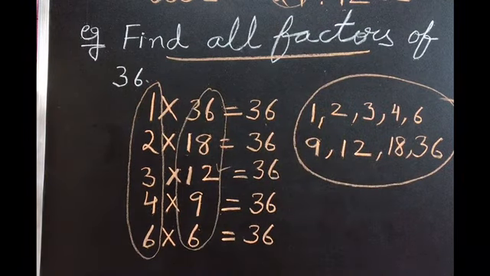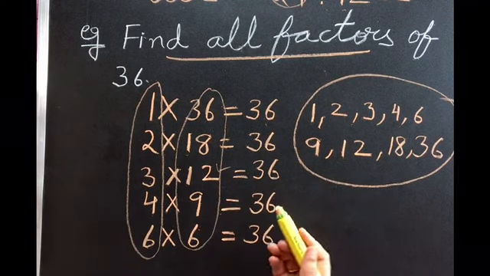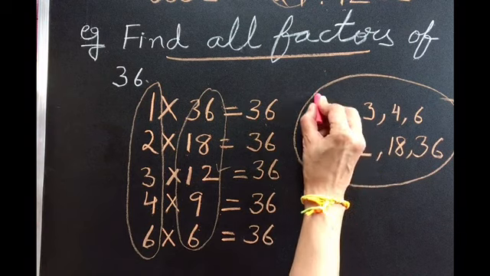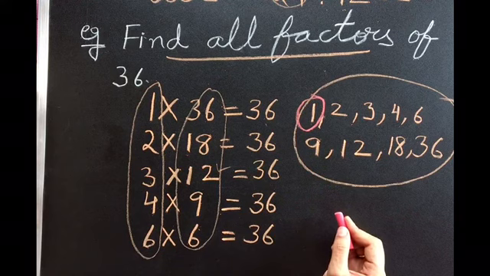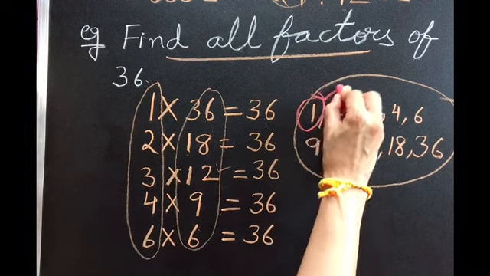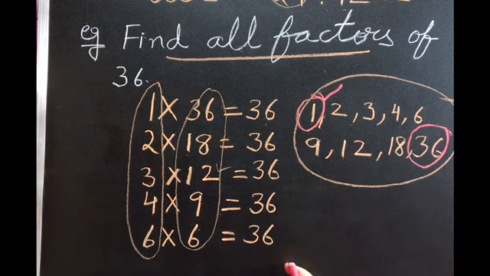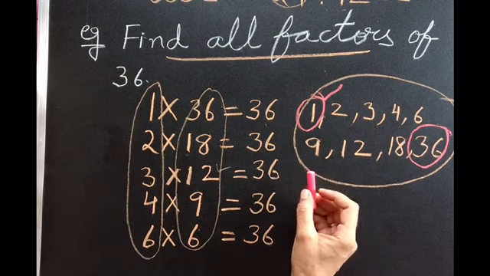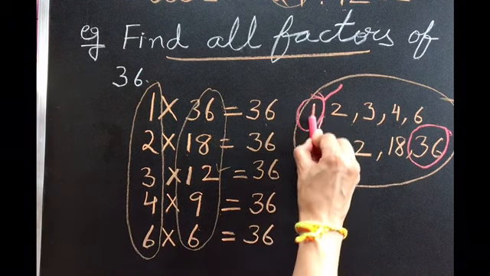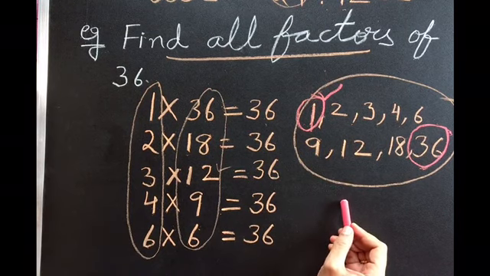Fine. So now if you see these factors, two very important things are, first, one is a factor of all. Every number, whether it is an odd number or even number, one is a factor of all. Fine. And every number is a factor of itself. So if I take the example 24 also, 24 can be divided by 24 as well as 1. So one is a factor of all, and the same number is also always included as a factor. These are the two things which must be kept in mind.